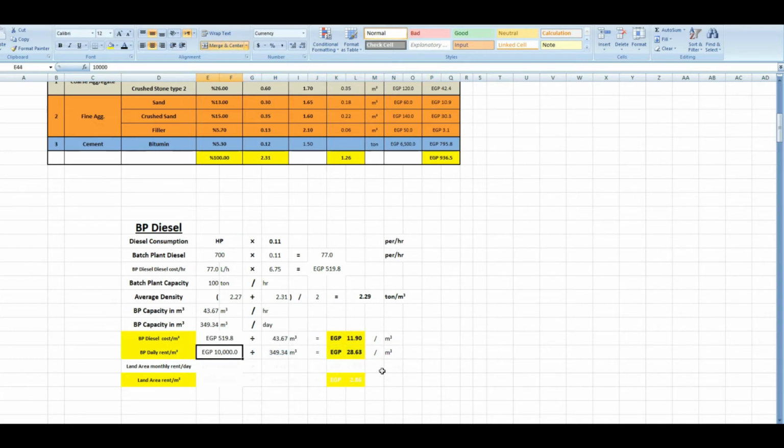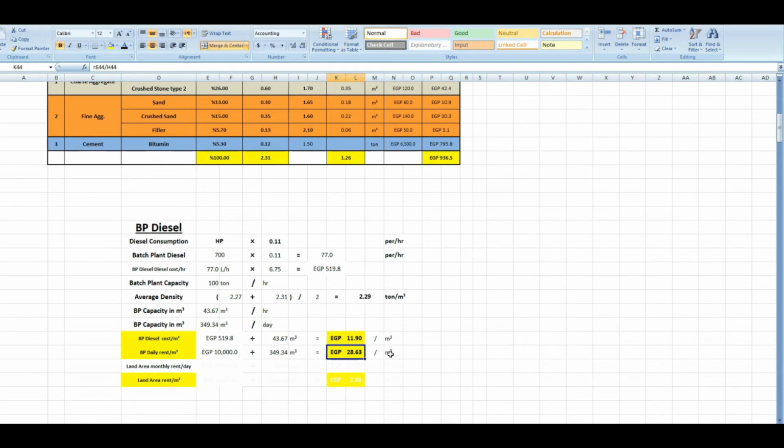The batch plant itself is considered to be an equipment like loader, like dozer. It has a daily rent. This rent can be assigned by the owner himself. Okay? For example, if the daily rent in 8 hours for the batch plant is 10,000 per day, it means that 10,000, the rent of batch plant as equipment over the daily production of the batch plant, it means that